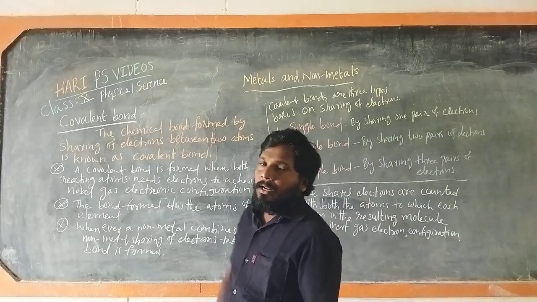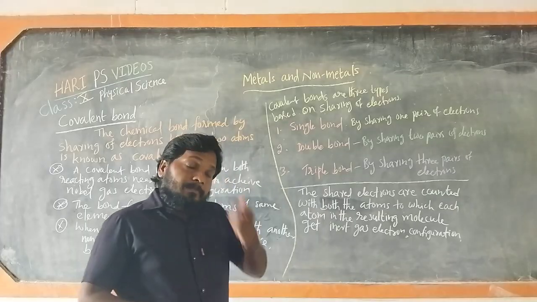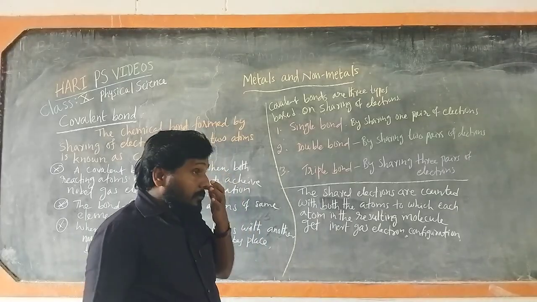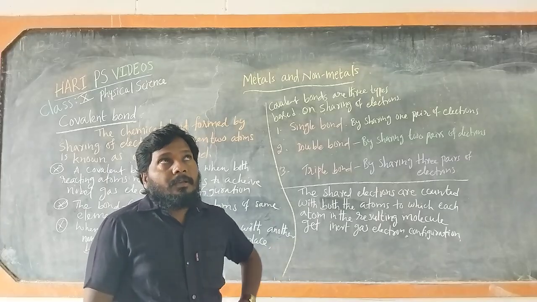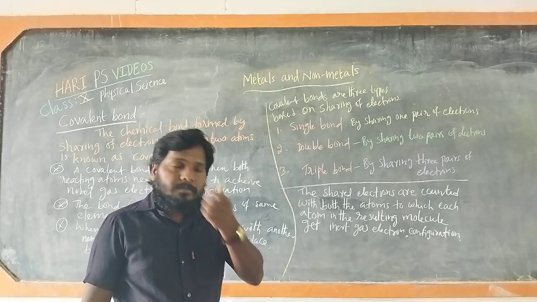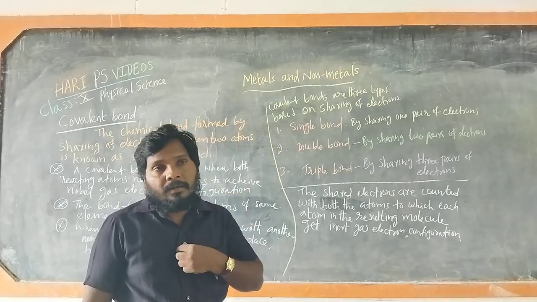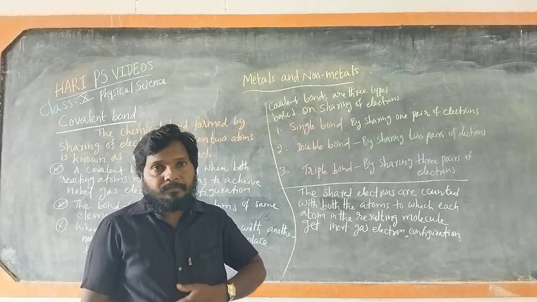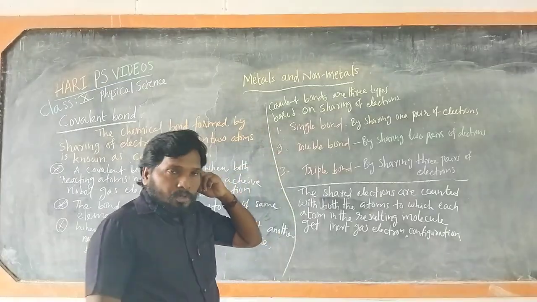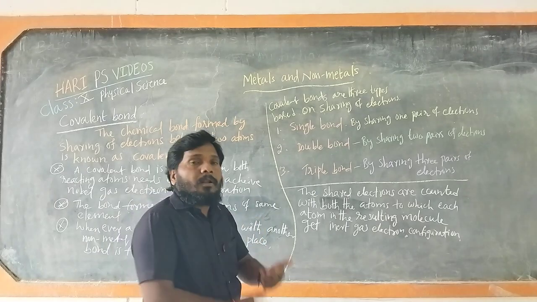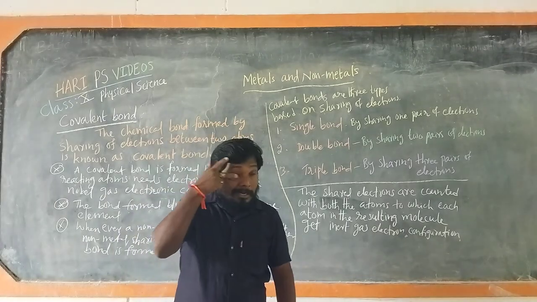After sharing the electrons, you have to count the number of electrons in the two atoms which are combined, to see whether they get stability or not by sharing electrons. Then, based on how many electrons are shared between the atoms or the elements,